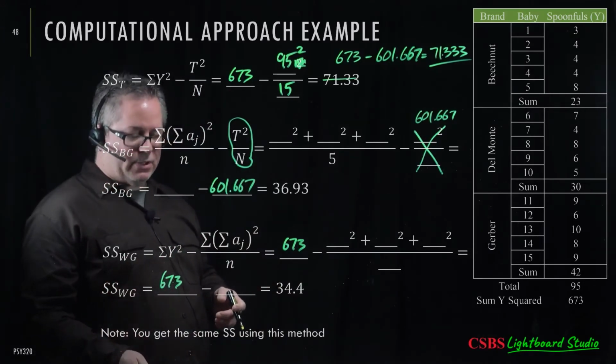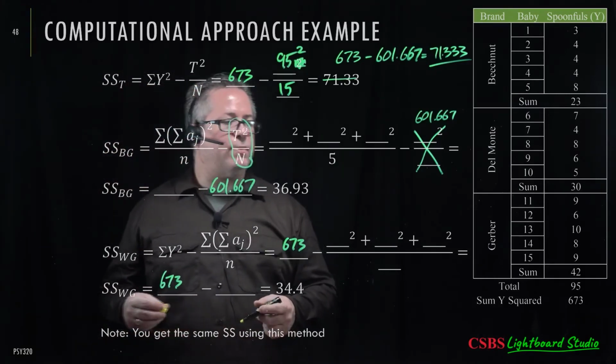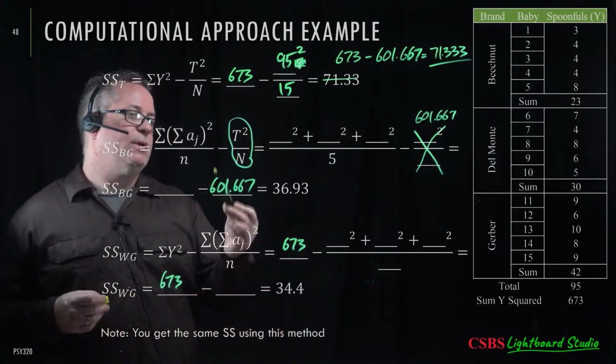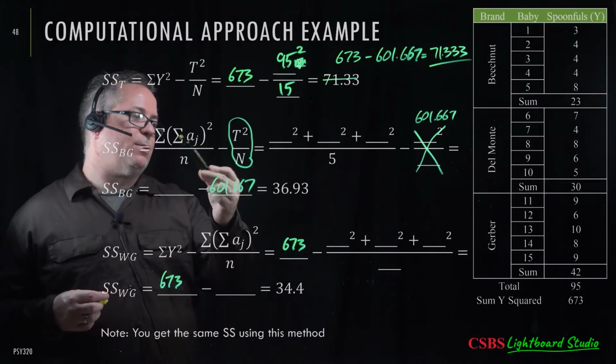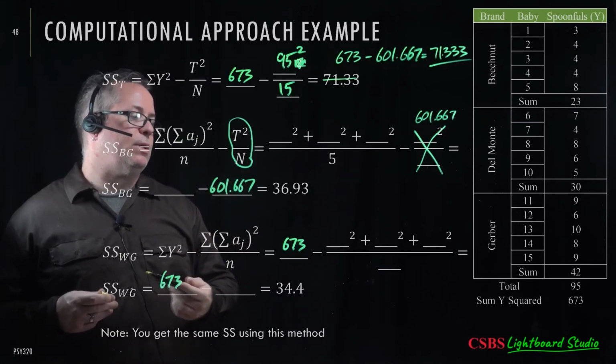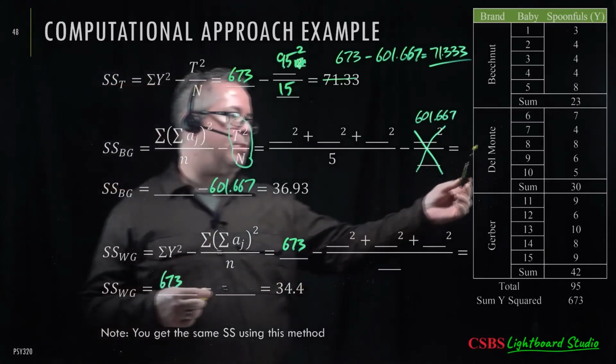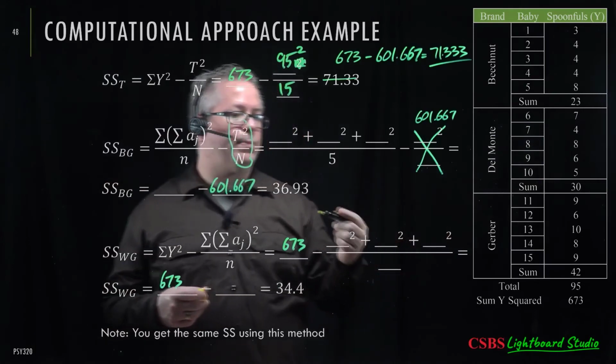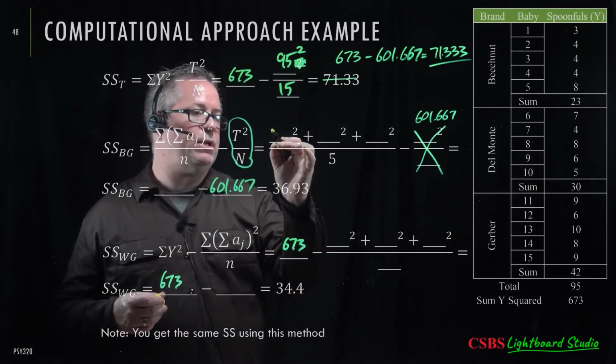Now, the last piece I do have to solve is the sum of A_j squared. So let's take it piece by piece. What does sum of A_j mean? So take sum A1, A2, A3. This is sort of a stand-in for each group. I want the sum of each group, and then I'm going to square it. So I'm going to take the sum of group 1, 23. So here's my 23